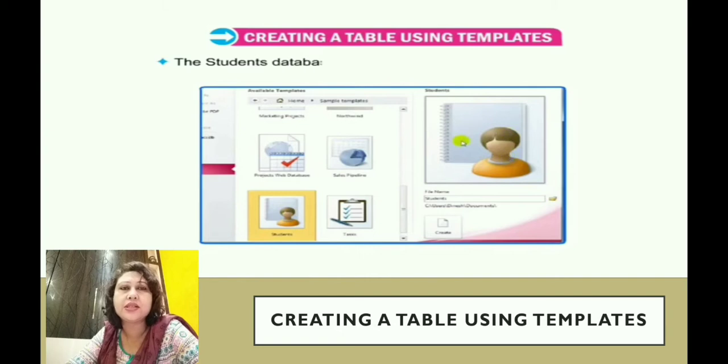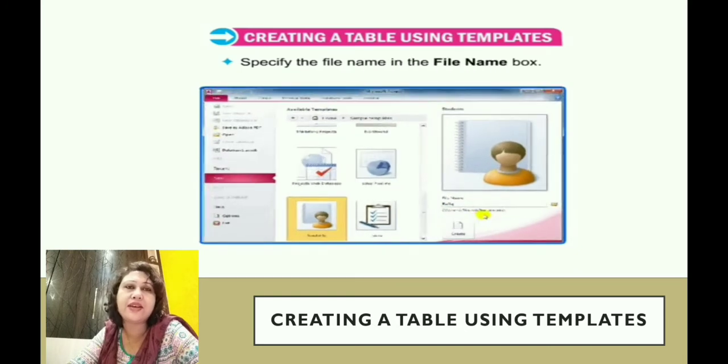Then the Student Database task pane will appear on the right side, as you can see on the screen. And the same way we created a blank database, we have to specify the file name in the file name box.